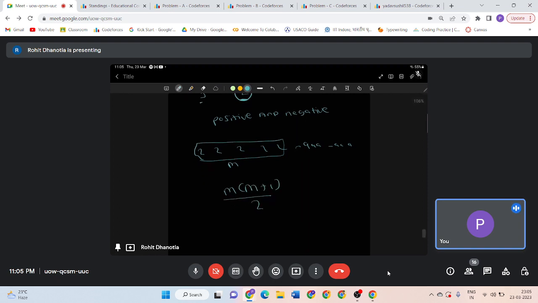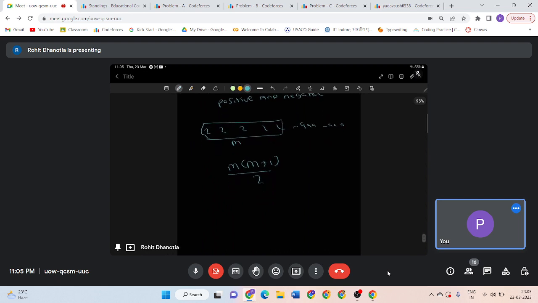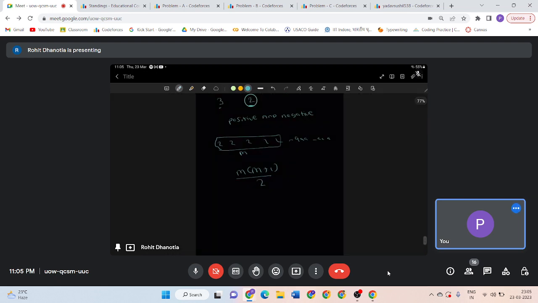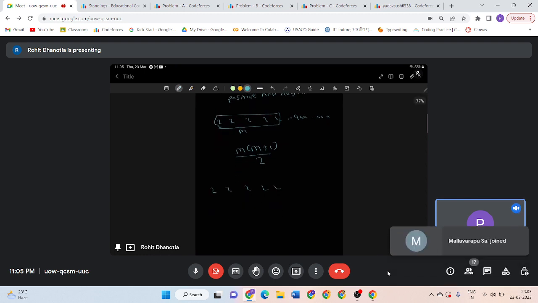And we have to find a total of k subarrays which have positive sum. So what we can do, first let us suppose how much we can replace with some positive number. Let's denote it as 2. So 2 2 2 2 2, how much we can replace, so we can just find an m such that m into m plus 1 by 2,